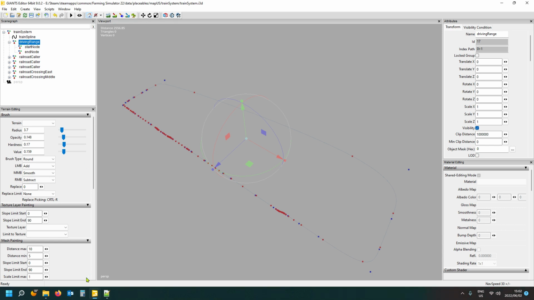So in my i3D, I've just deleted it here. Now the moment you do that, have a look at what's going to happen. Your train spline index path is 0, 0, and then your driving range is 0, 1. So you're going to have to look on yours, if you've used any of the other train systems, it might differ in